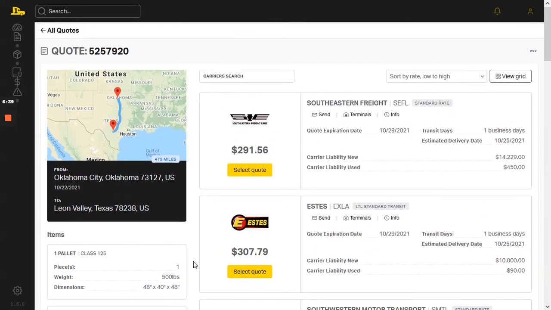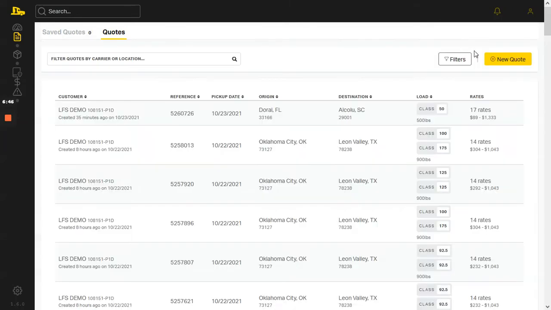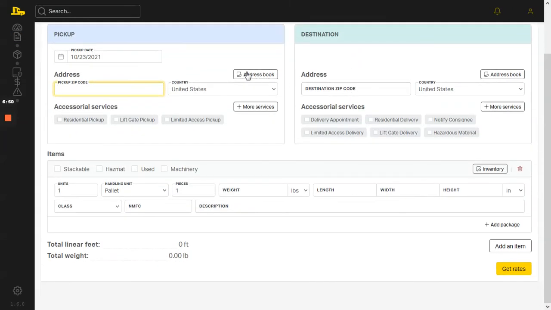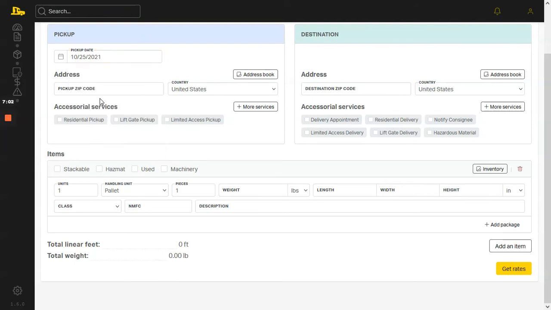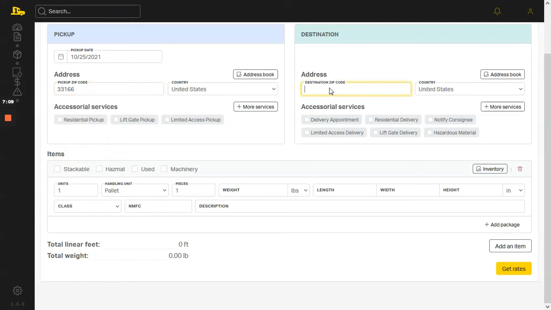If we have to make a completely new quote, we want to make sure we go to all quotes, new quote, and then in this field here, we're going to enter in the shipment information. So we'll start by the pickup date. Now let's go ahead and select Monday. We'll punch in our zip code, where it's shipping to,